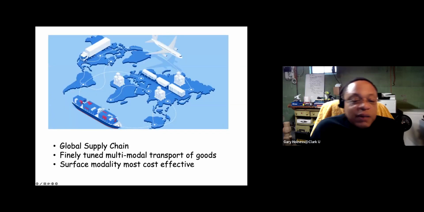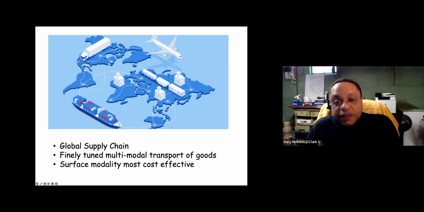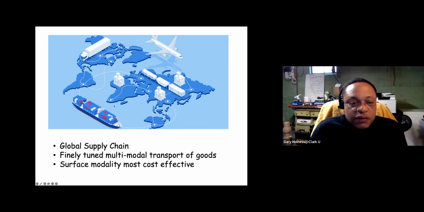And so we talked about the global supply chain and how all of the waypoints, in the various stages of the development of a product or a food product or good, from the raw material on one side to the finished good on the other side of the supply chain, we connect them globally through a network of transportation modalities. And so the service modality of cargo ship, we said, is cheaper than air freight because plane freight is a lot more expensive.